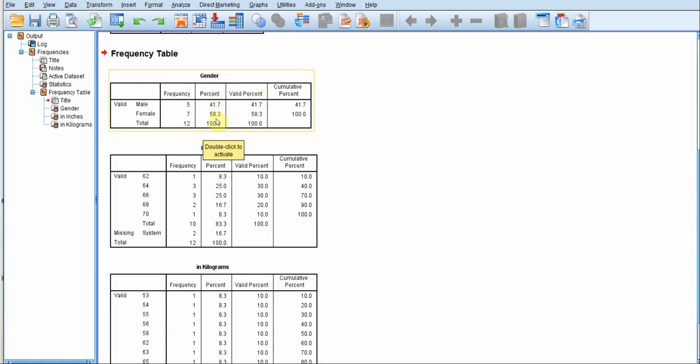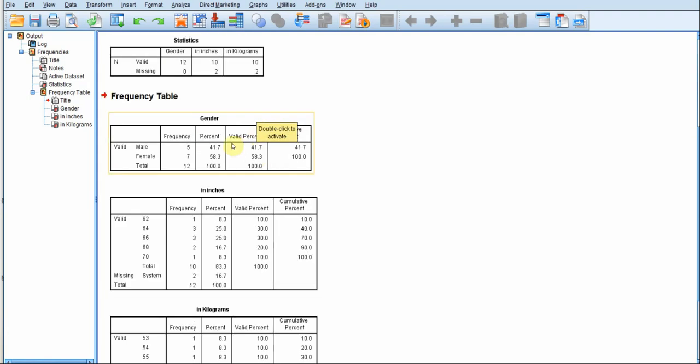So the values in this percent column are based on the 12 respondents, the total number of data that we have. Whereas the percentage given in the valid percent column is with respect to the number of valid values that we have for the gender.